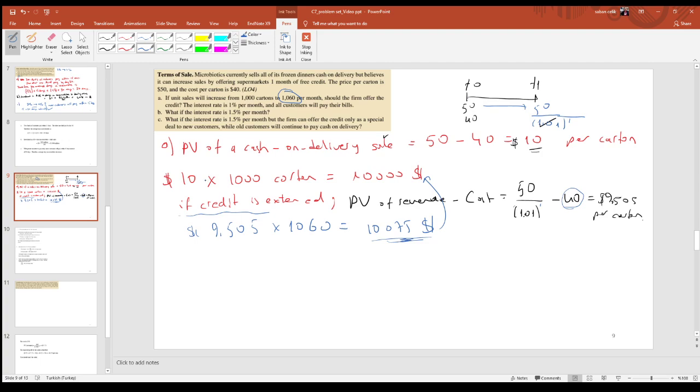So the higher sales more than make up for the time value cost of the credit extended. Okay, so this is the conclusion. So B,